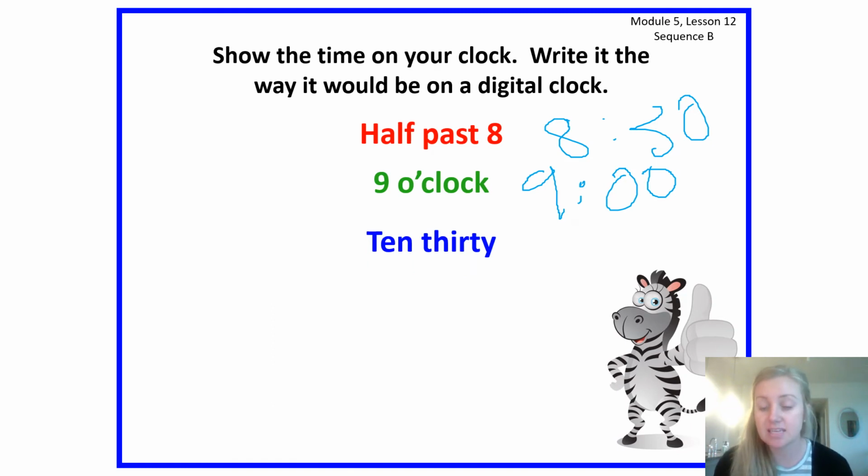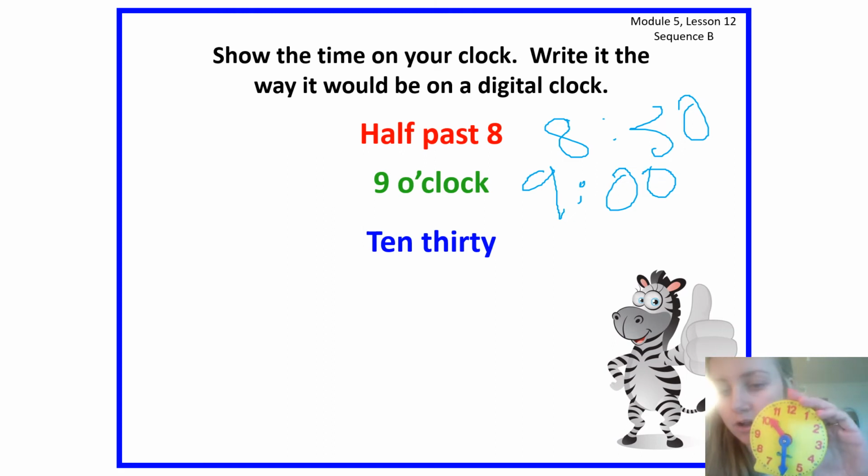Next time we have half past 10. Now this sounds like numbers, but it's spelled out like words. Be super careful when you're reading these words. Half past 10. Make it on your clock and write it like a digital clock. You have 10 seconds. 10, 9, 8, 7, 6, 5, 4, 3, 2,